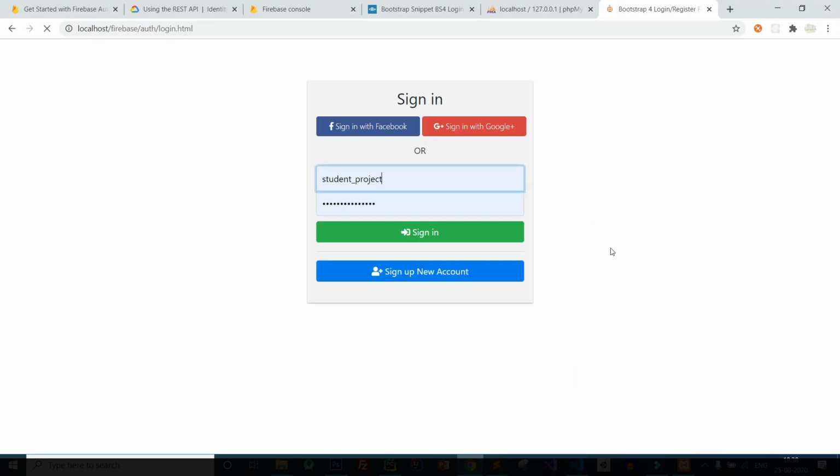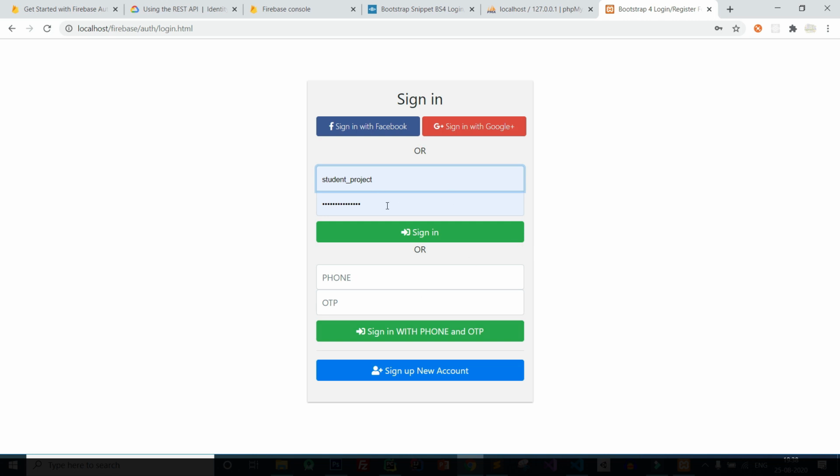Save it, refresh the page. So you can see first is for email and password and second is for phone number and OTP.